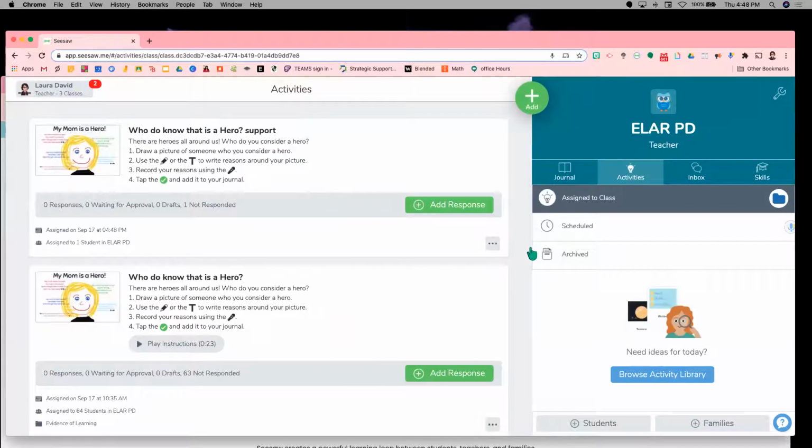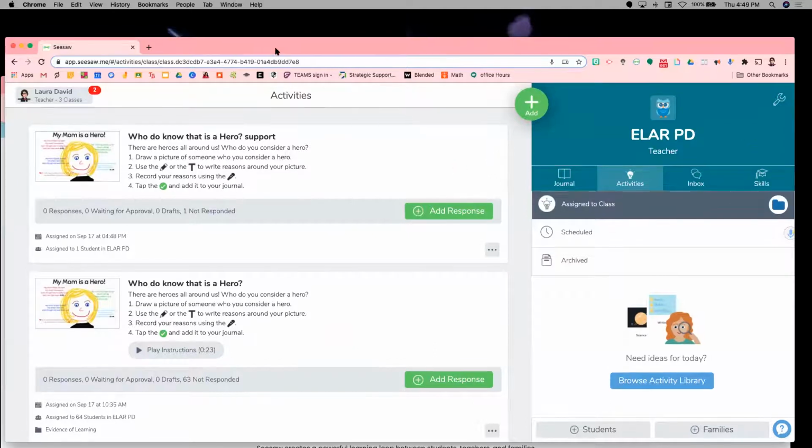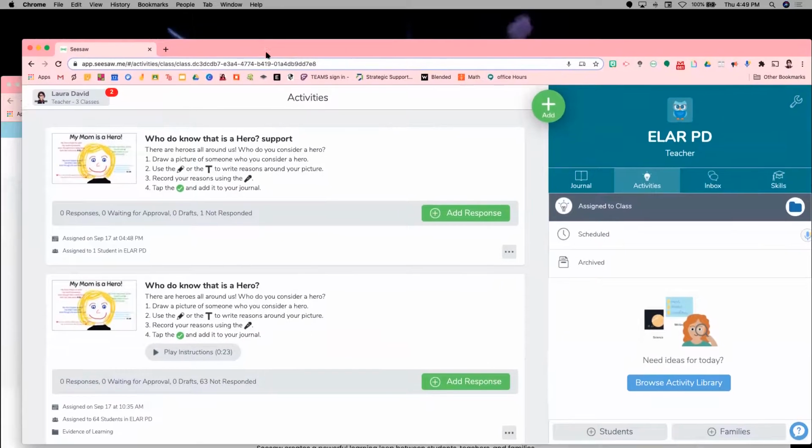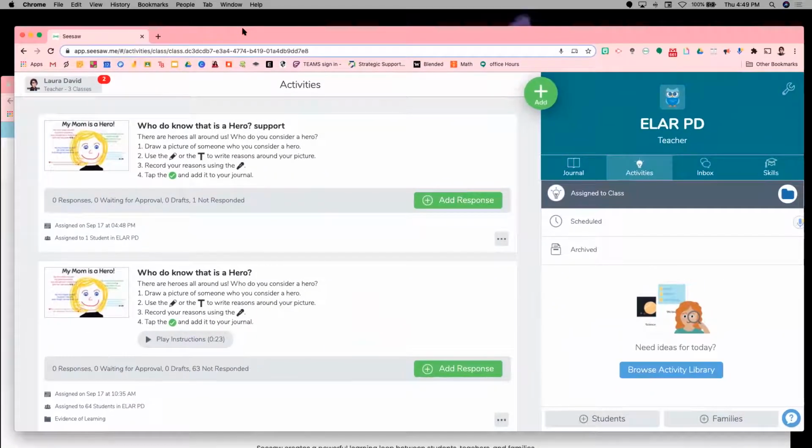Any questions with that? Okay. So the exit ticket was going to be that you log in as teachers and find an activity that you can pull from the library and attach it.